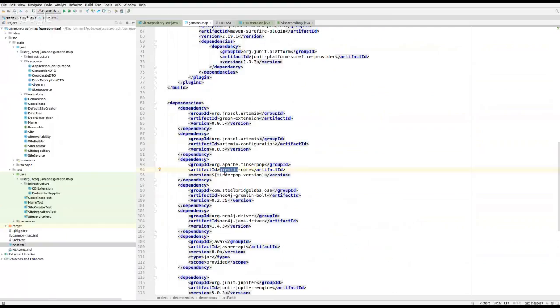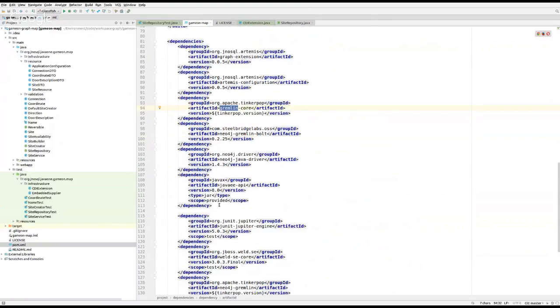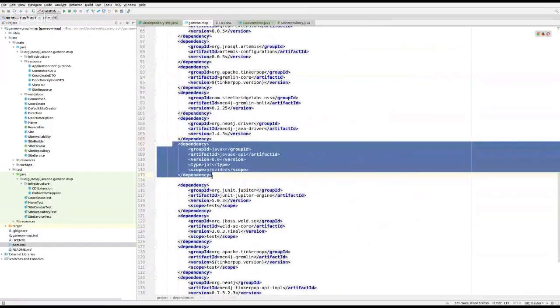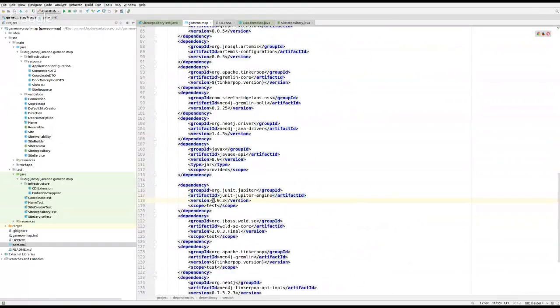So that's what we have: the integration to Java EE, the latest version, the JUnit version, and just to test, we're going to run the Weld 3.0.3 version. Weld is the reference implementation of CDI. Okay, let's run this.